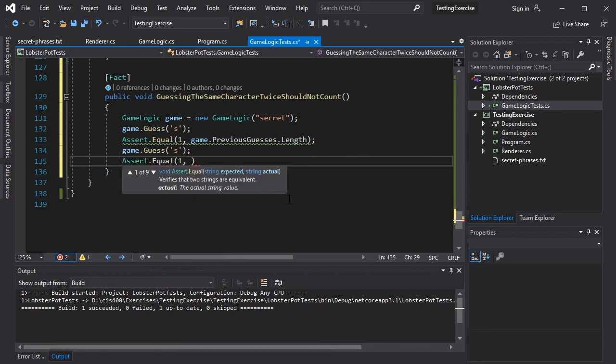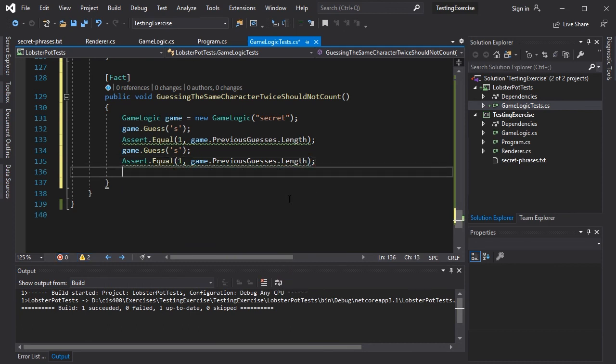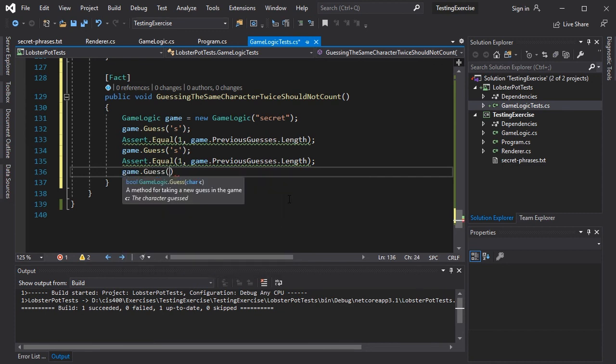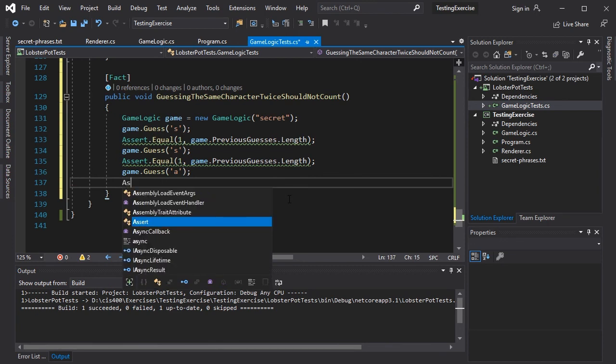It should still be assert.equal 1. Game.previous guesses.length should still be 1. Now, after we've done that twice, let's go ahead and guess wrong. And let's guess A, which is not in secret. And then we can check